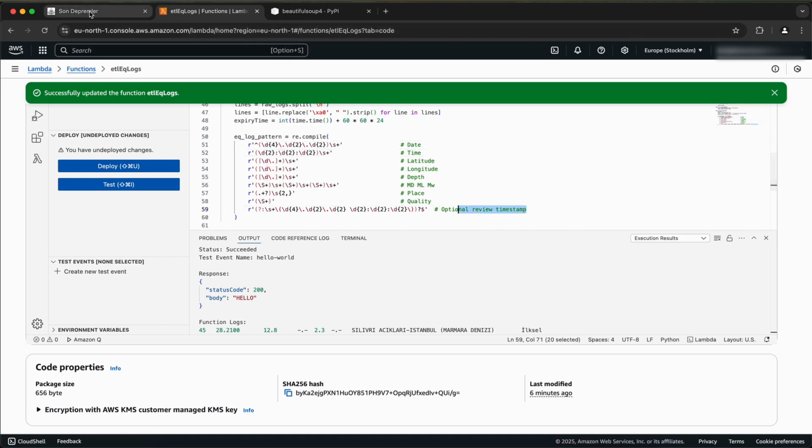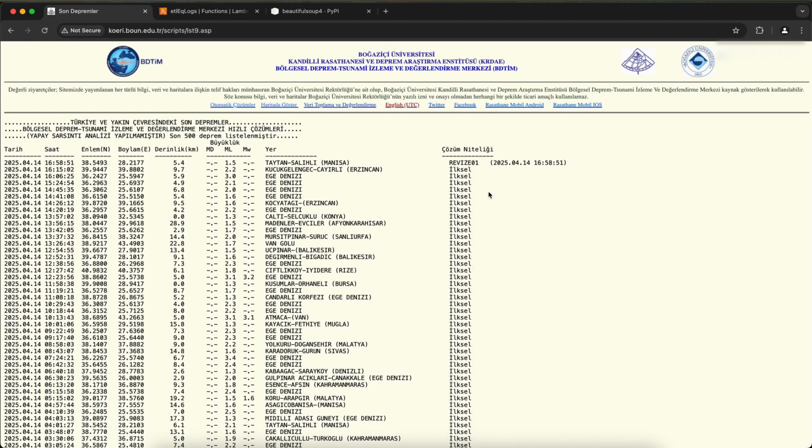I don't know, let me refresh my page. Yes, I'm so lucky. There is this exceptional value on this, because this XL means initial. I think after an earthquake occurs, after some time they re-evaluate the magnitude, and if there are some changes, instead of initial they write reviewed, and they give an additional timestamp. So we also need to catch these lines,